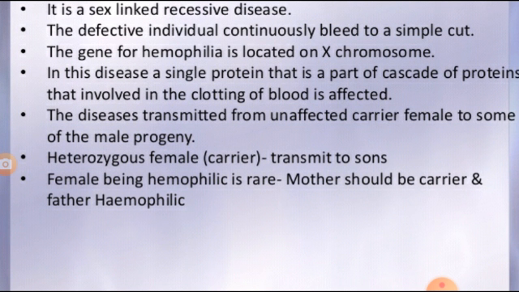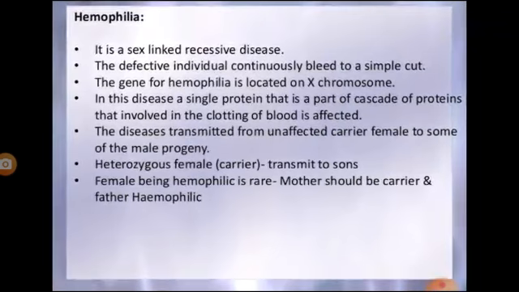A female having only one gene for hemophilia appears normal because the dominant allele on the other X chromosome produces the factor required for normal blood clotting. So such females are known as carriers. Overall, females are generally carriers of the disease. They do not suffer from the disease, because only if both X chromosomes contain the hemophilic factor would they be hemophilic, but that is lethal. Lethal means they can't survive for long.